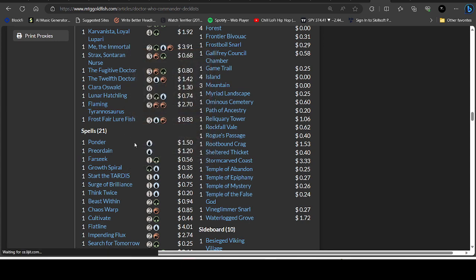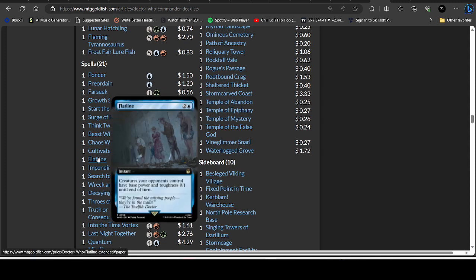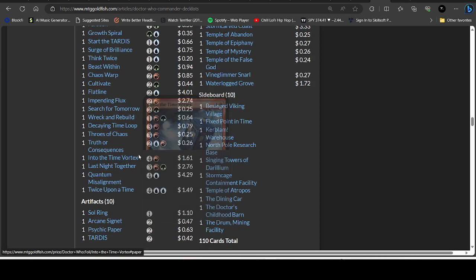It's good, but it's also really hard to set up. Flatline, 2 colors, 1 blue. Creatures your opponent controls have base power and toughness 0/1 until end of turn. I feel like I have that card. Is that the black version I maybe have? I forgot what it does, but